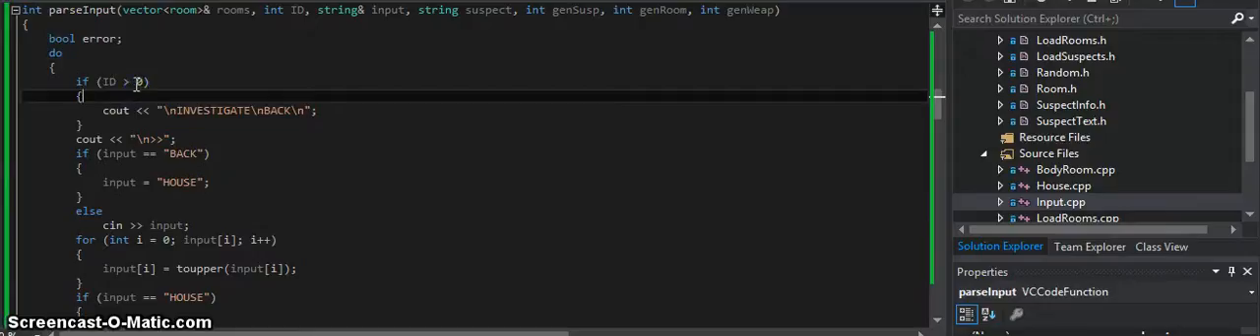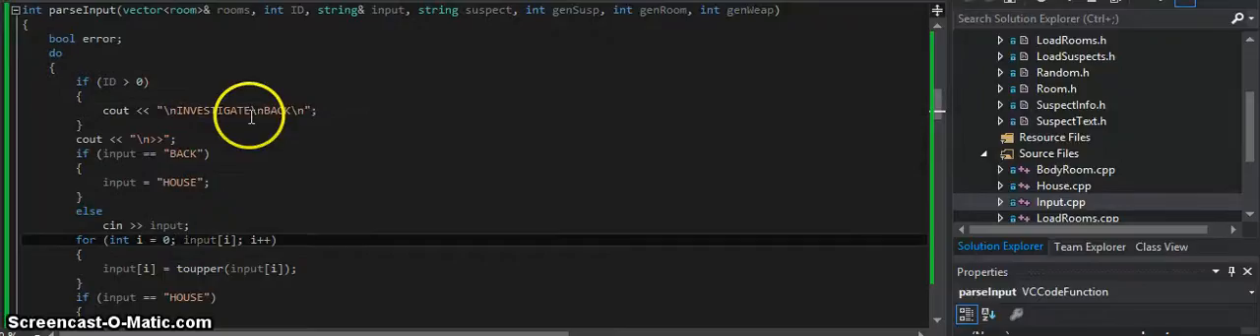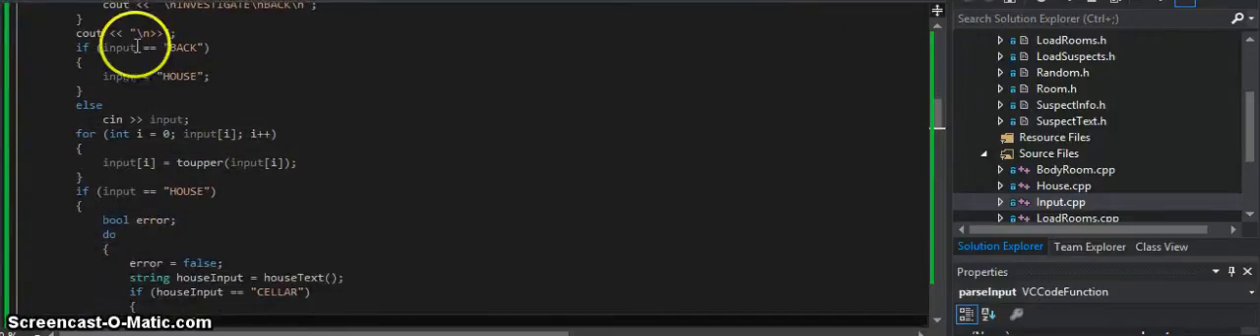So after that, if we go back to the start here, if the ID is anything greater than 0, then this menu has been chosen to give the different menu that would be in each individual room, because if this is set to anything higher than 0, it means it's in one of the rooms at the moment, so you get the investigate and back options for each room. And if you choose back, it will change the input to house, meaning you'll go back to the house menu that we just saw,